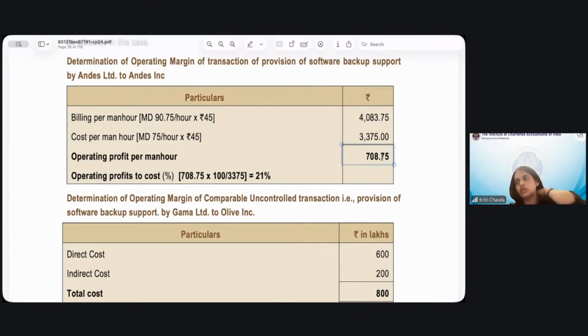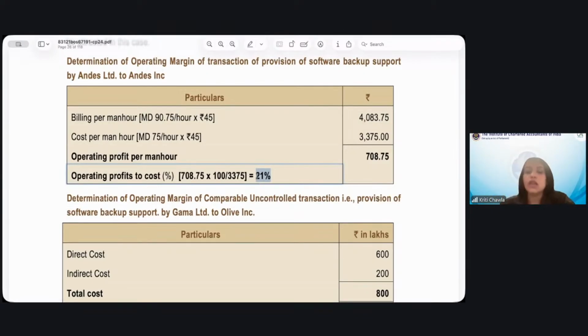Now, what you need to do for TNMM is, as I mentioned, operating profit by cost. This, as I mentioned in the slide, is also called the profit level indicator. So this actually comes to profit, which is 708, divided by the cost, which is 3375. So you get 21%. This is the operating margin for the transaction of software backup support by Andes Limited to Andes Incorporation. Meaning to say that your related parties, when they are transacting, have an operating profit margin of